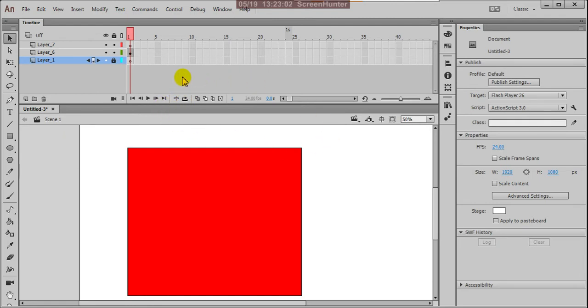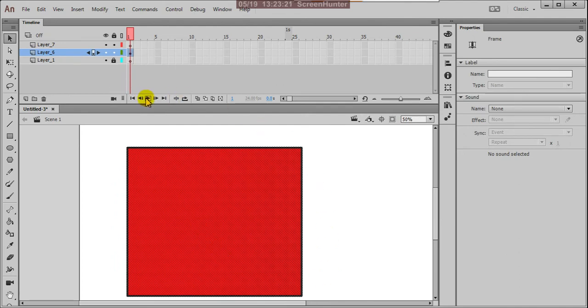You can instantly check your entire animation on the timeline, whatever you did, just by playing the button. Right now there is no animation, only one frame is created, so that is the reason it is not moving. These are step back and step forward.